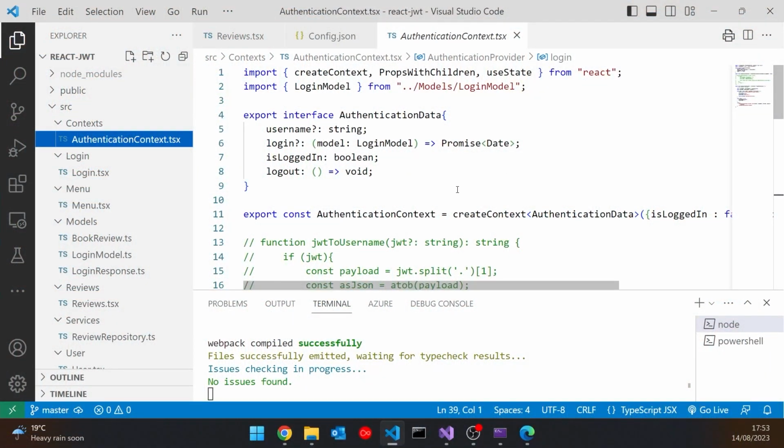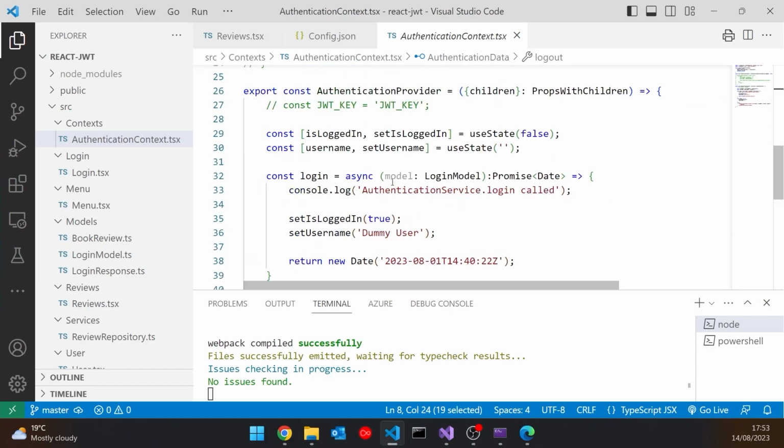And what I've got in this context is 2 bits of data. We've got the username and simply a boolean to say is logged in, and then we've got 2 methods, a login and a logout, that we're both just defining there in that interface. And then at the moment the code's set up like this. So here we've got this idea of useState, so we can set and get the logged in state, the boolean, which is defaulting to false, and set and get the username, which is defaulting to blank.